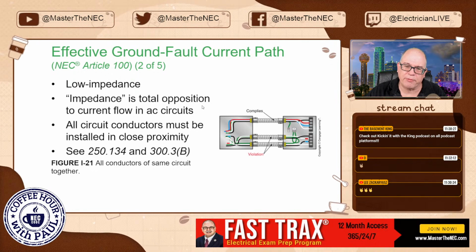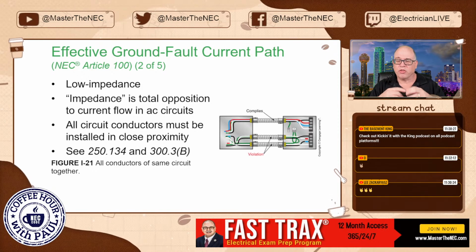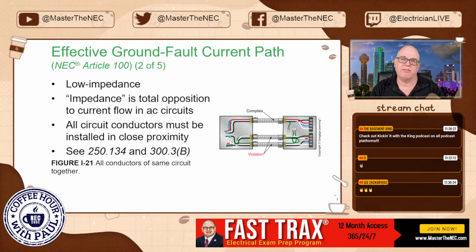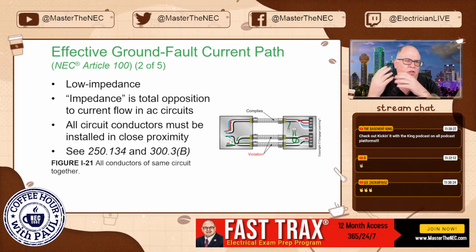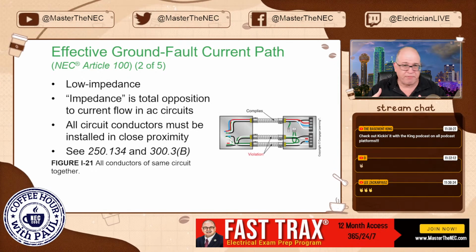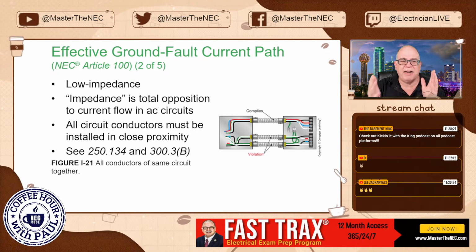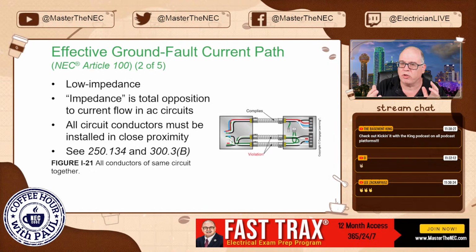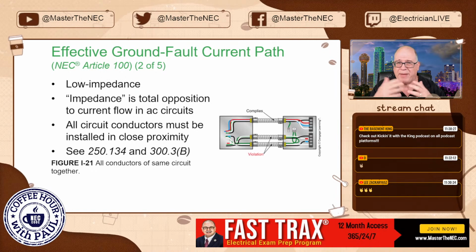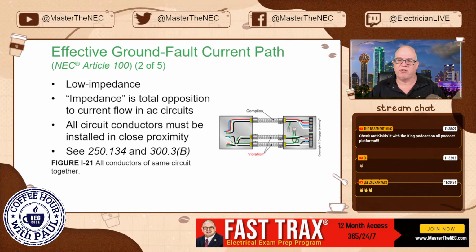So 300.3(B) is part of Article 300 for those that are exam prepping out there. 300 is talking about the general rules for running the different wiring methods, okay? That's for things like underground, 300.5. You get all those general rules there, right? Inductive heating and all this kind of stuff are found in 300, and that's 300.20, I believe. But by separating all of these conductors out like this, you will increase the impedance. You will increase the inductive reactance, the inductive capacitance. You will create all this, and it creates a strong opposition to current flow.